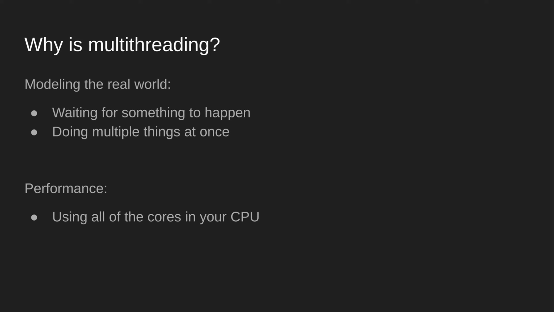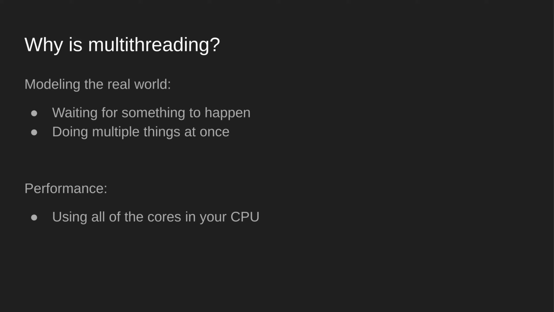So why would you use multithreading? Why do all these programs use threads? Well, first of all, you can model the real world using multithreading. Our world is asynchronous. Things happen at the same time and with no real defined order. It's kind of chaos out there. So what if you took that idea and put it into programming? You get multithreading. So it allows you to model the real world.